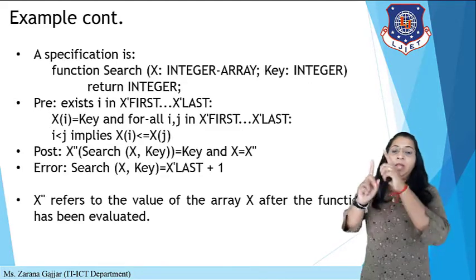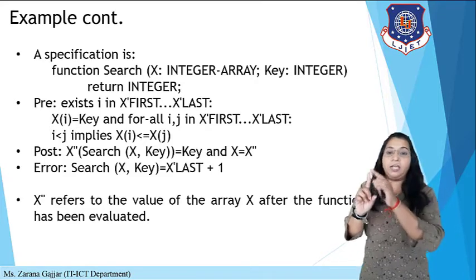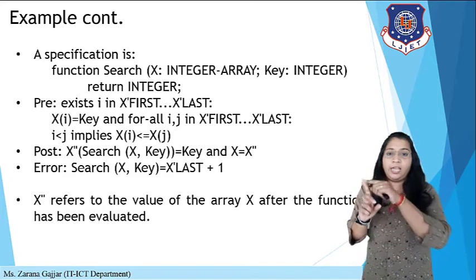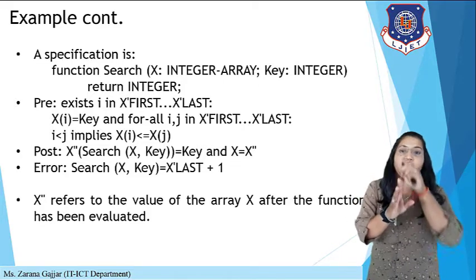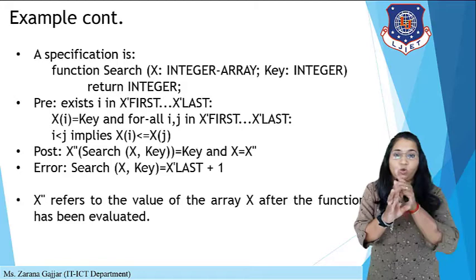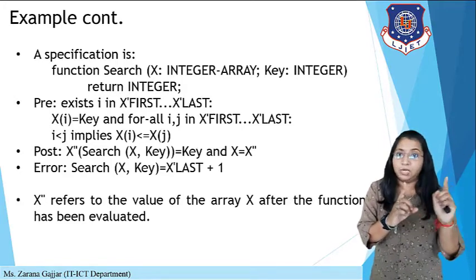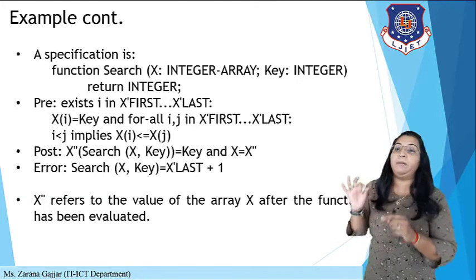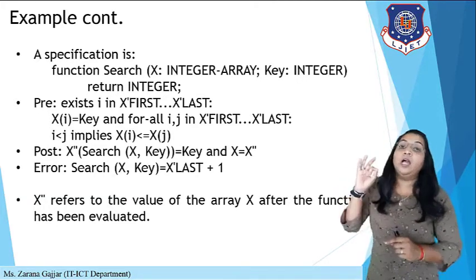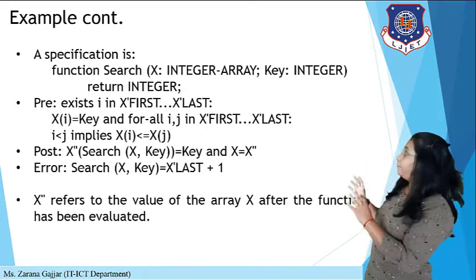Okay, so every time my key is j and my value is I, I am checking whether I equals j or not. Again I loop, so I increase and it goes to my second position, so I equals 2 and j equals my key. Again I equals 3, so it checks each and every number. Okay, so if I is less than j, it implies x of I is less than or equal to x of j. That will be my precondition.